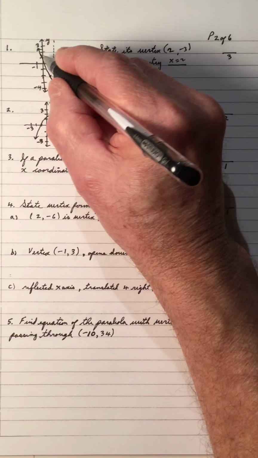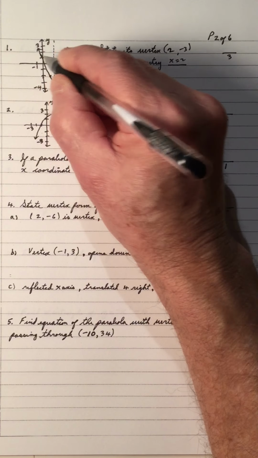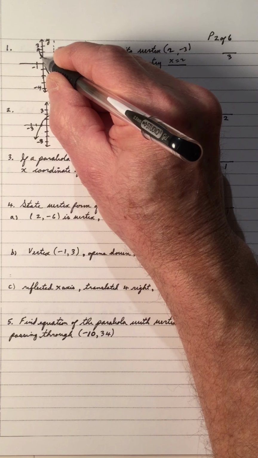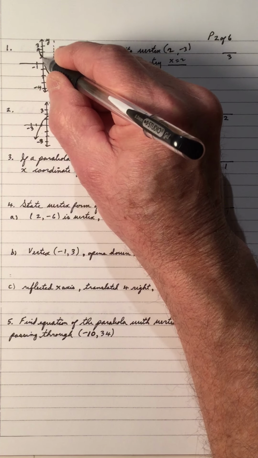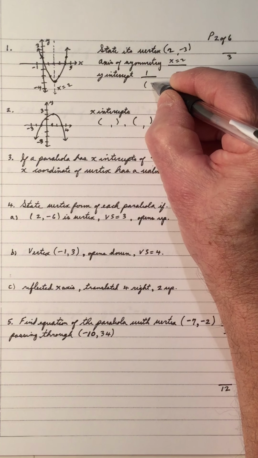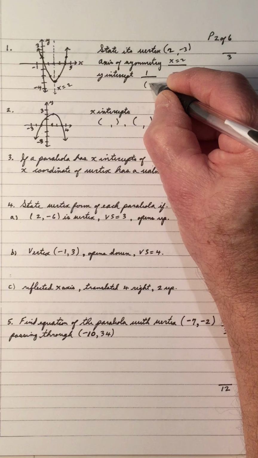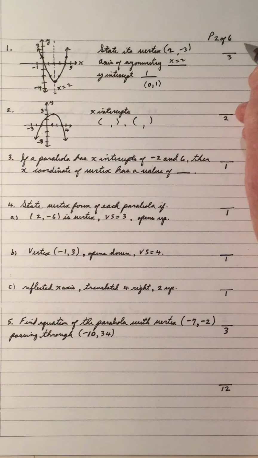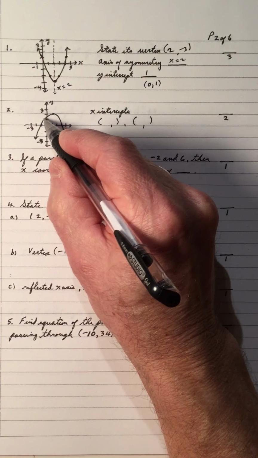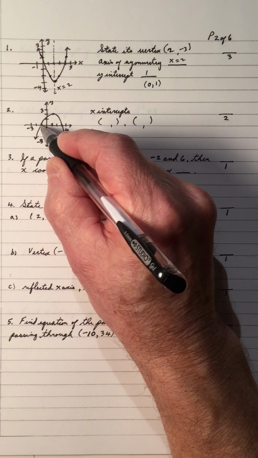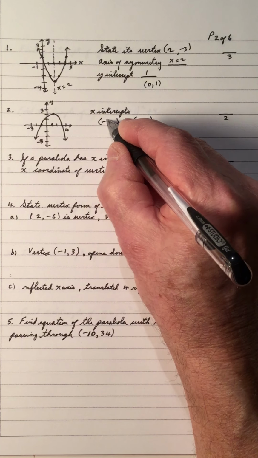And the Y-intercept is when it cuts the y-axis, and the Y-intercept is 1, that's 1 up. So 1, or it could have the coordinates of the Y-intercept, x is 0, y is 1. 3 marks. The X-intercepts of this parabola, where it cuts the x-axis, right here, is -1, and the y is 0,